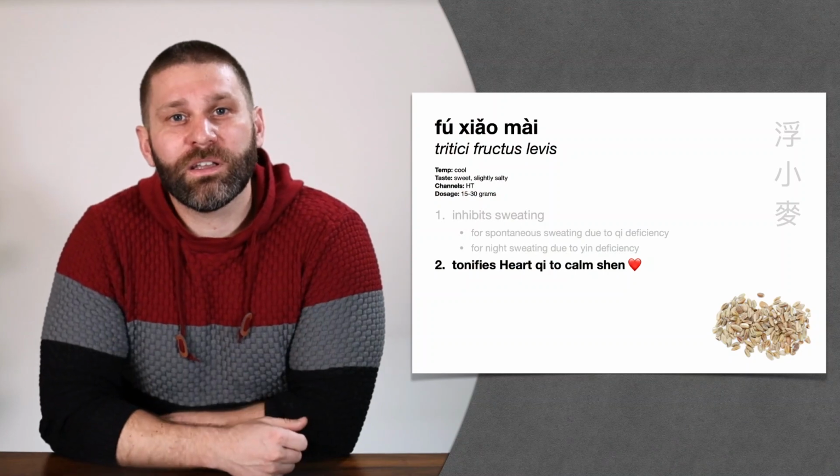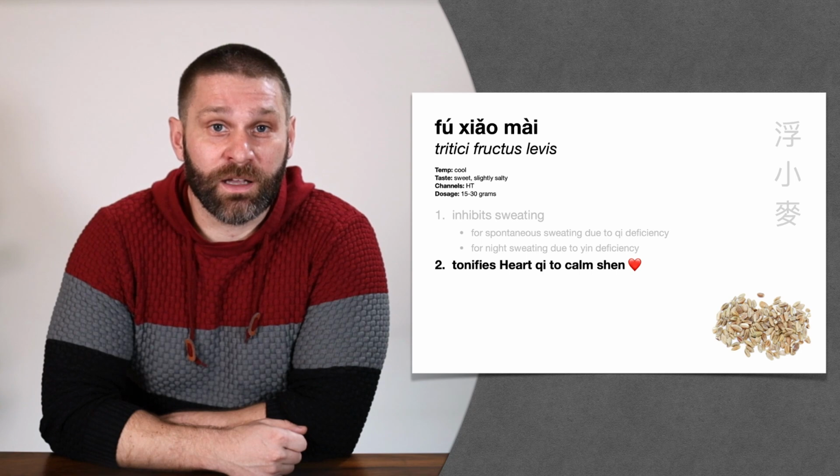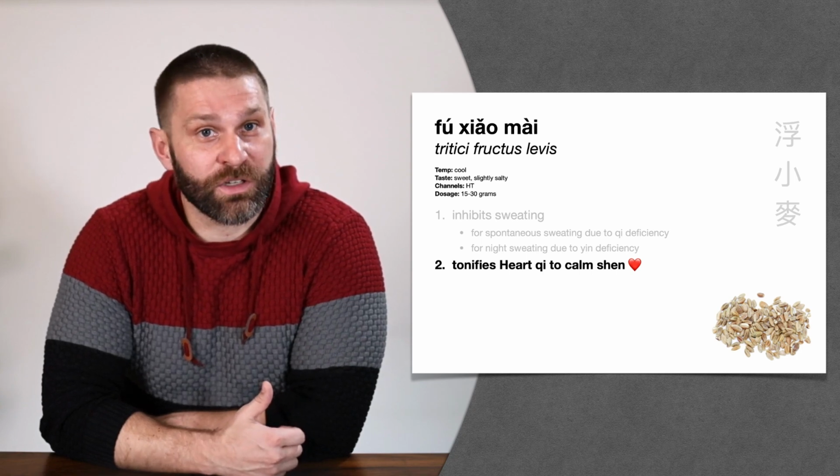Now this one is a little bit weird, because when you look in Bensky, first he has a section that he calls key indications or key actions. And up in that section, he lists this as tonifies heart qi and calms the shen. But then when you get down to where he elaborates on each function, this isn't mentioned. He only mentions stopping sweating. So a lot of books don't necessarily mention this as an extra function, but I'm going to put it in here because we do have a very famous formula where Fuxiaomi is there to tonify heart qi and calm the